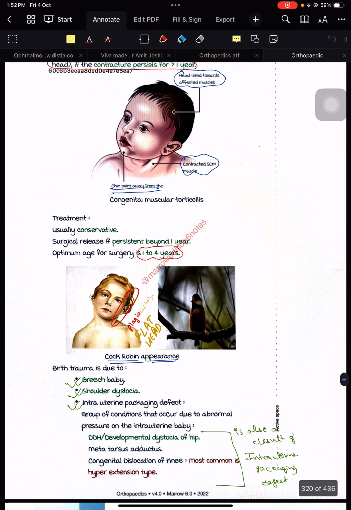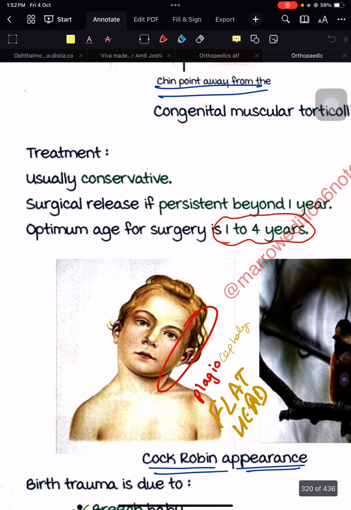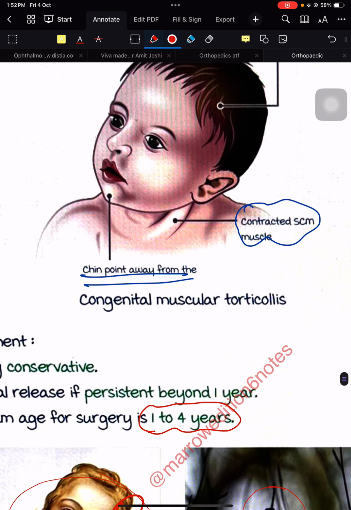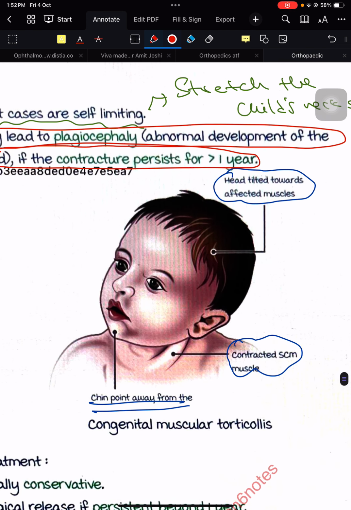See here, this is known as a cock robin appearance. This bird is tilting his head, and this is known as a cock robin appearance, number one. Number two, you can see that this is a congenital muscular torticollis. The chin is tilted to the normal side, whereas